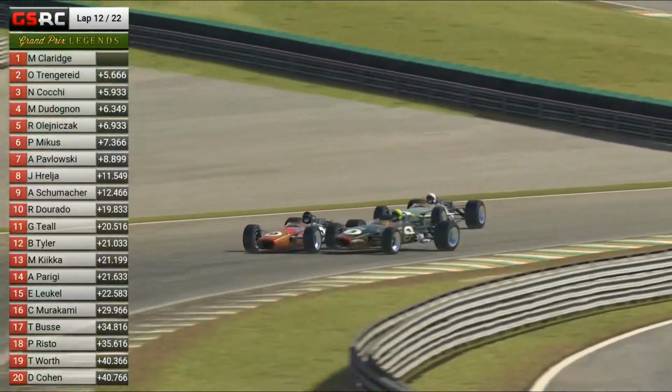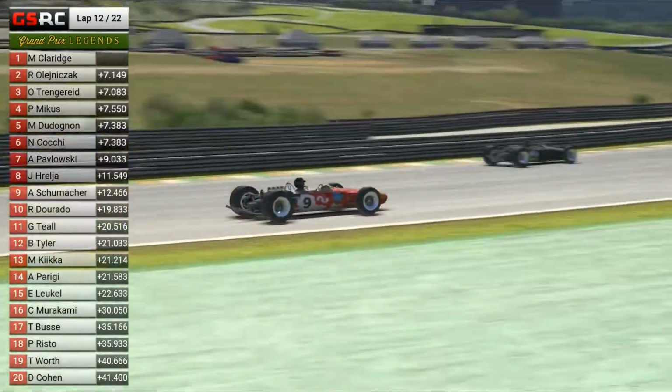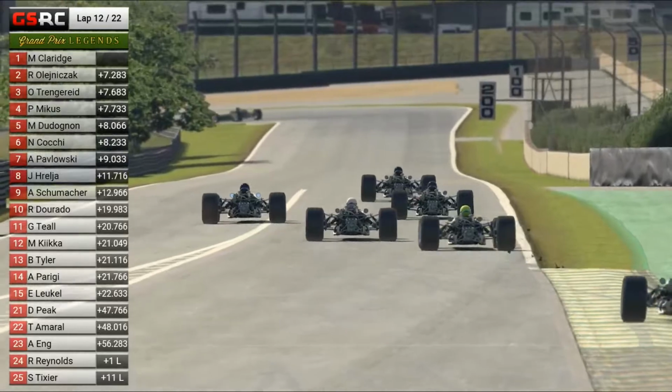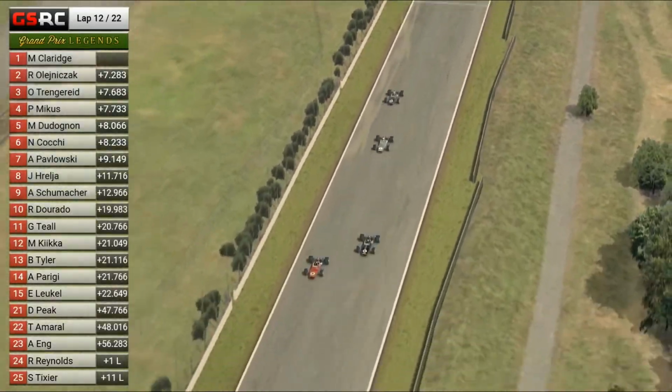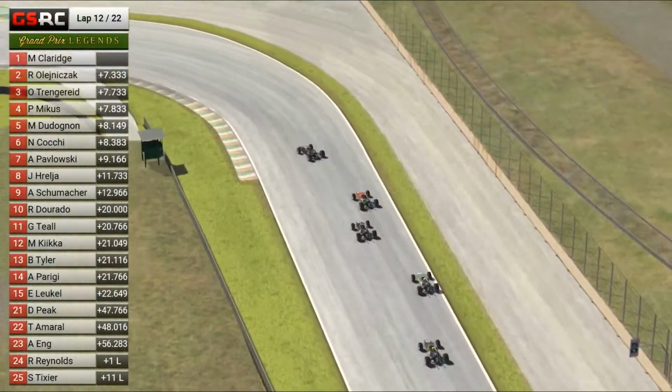Ovid Trengerate still side by side. They touch now. Ovid Trengerate nearly gets spun three wide for a very short moment. Peter Mikus goes past. Rob Olenek goes from fifth to second in just one turn. Ovid Trengerate still in third, Peter Mikus now challenging him for that third place, but he has settled for right now in fourth